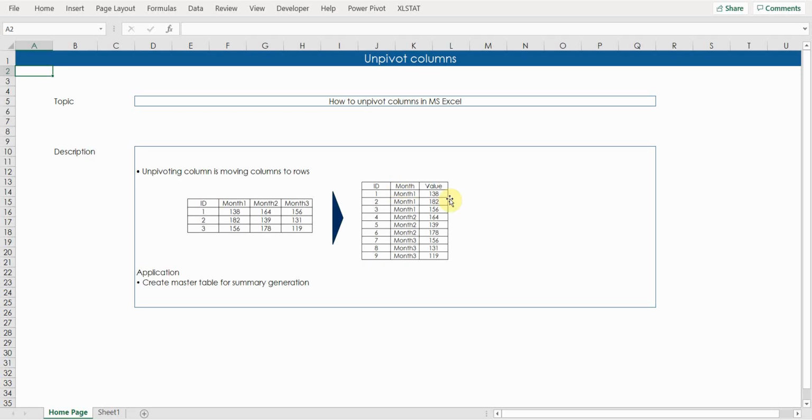So irrespective of the number of columns, there can be just two final columns that will be created, right? One is your attribute, and another is value. So this will be really useful whenever there are multiple columns and you have to generate summaries or create reports. Okay. So I'll quickly show you one example,